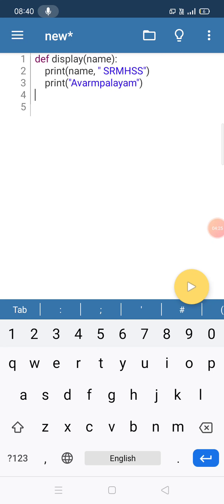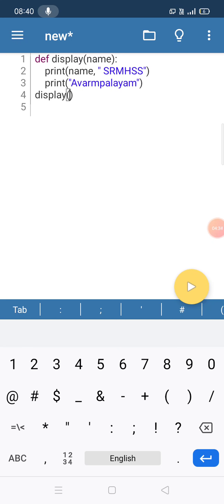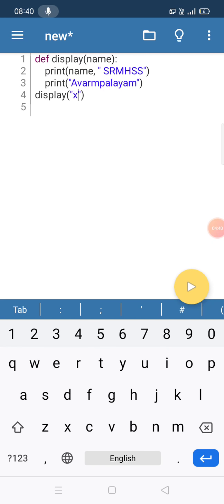Now I am going to call this function display. I am going to give the names, first name as XYZ.